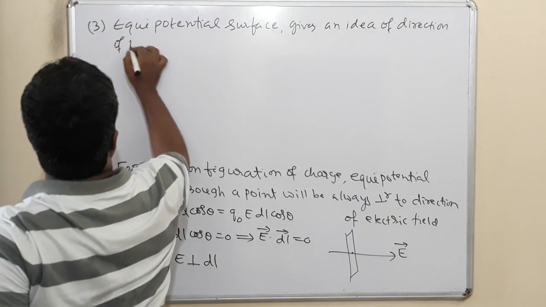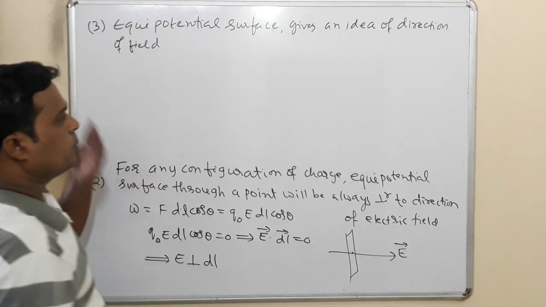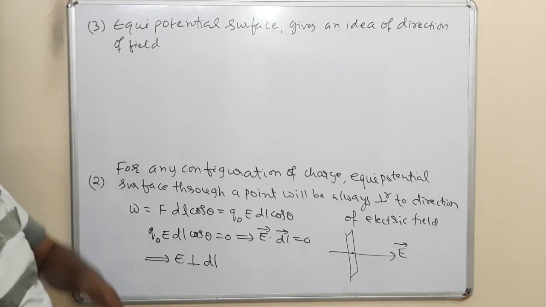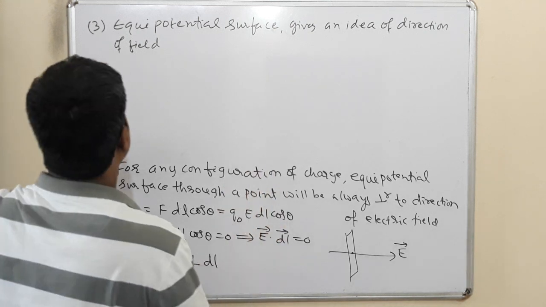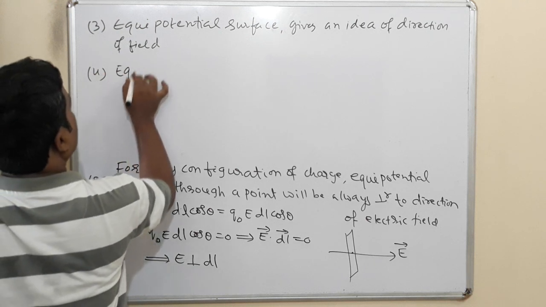How? If we draw a line perpendicular to the equipotential surface, that gives me the direction of the electric field. And property number 4 is